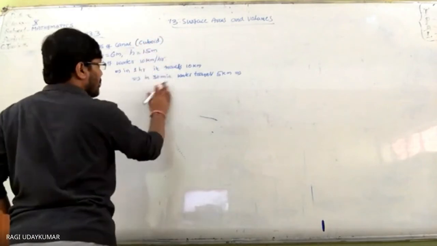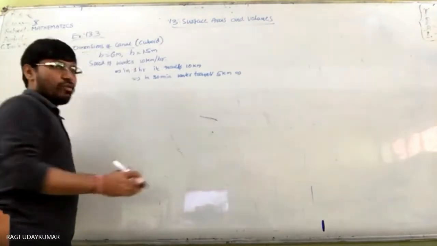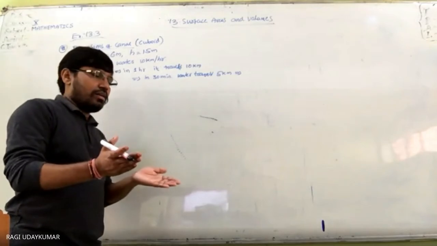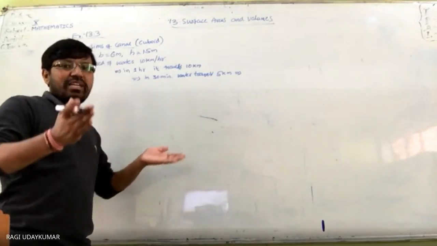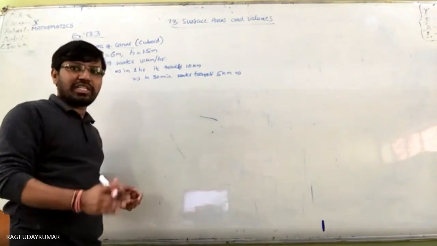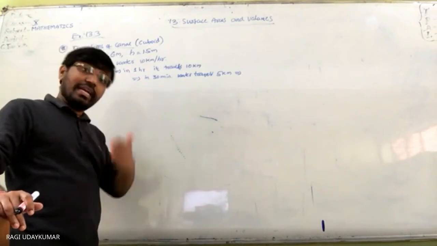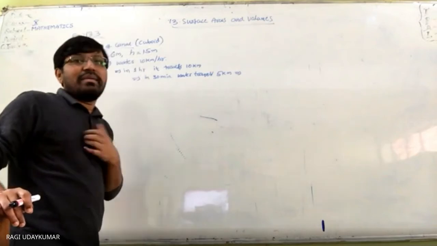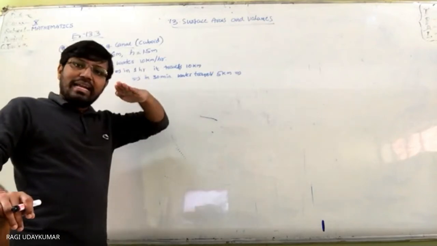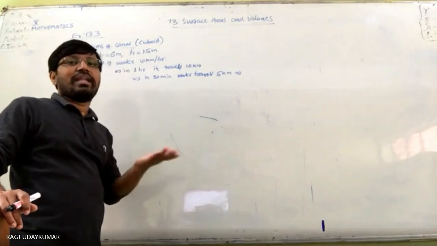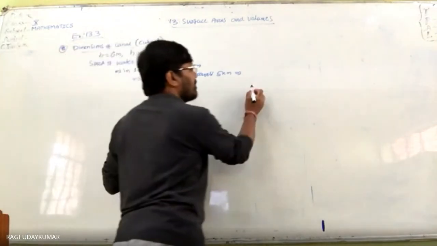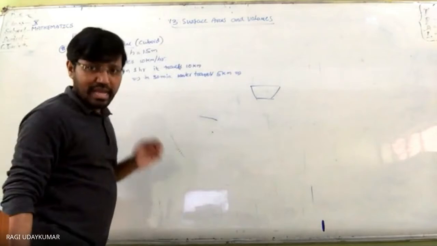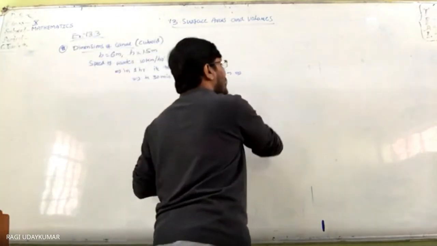Form may consider it. Sir, how do you make a cuboid means? You have to conventionally consider. Normally some canals will be not cuboidal, they will be in a trapezium form में होता है. So trapezium cross section you are going to get in some canals. But here conventionally as per the question it is given to you, you need to consider it as a cuboid, because trapezium form में ले लिए तो then ऊपर का height level नीचे level height कम होता है, ऊपर level height ज़्यादा होता है. So normally cross section trapezium means like this will be there. इस form में होता है cross section canal. कुछ canals, some canals will be like this. Okay, but here you need to consider.